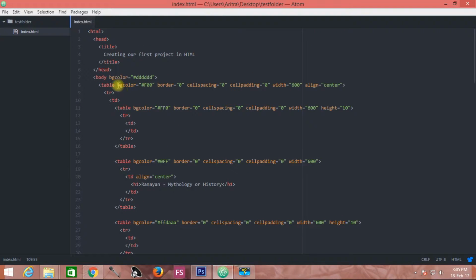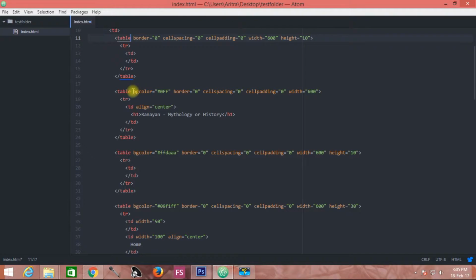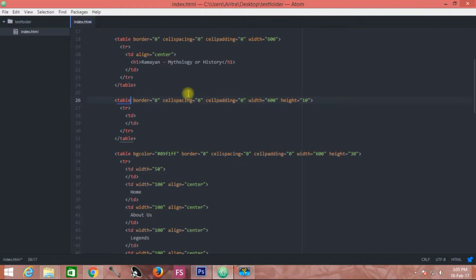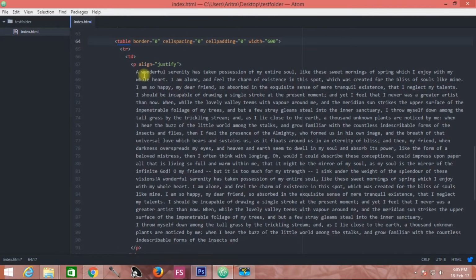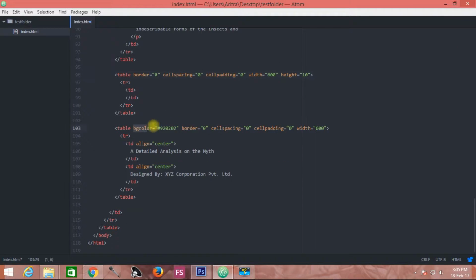I am removing each and every BG color property, and then I will be doing some necessary amendments. So I have removed all these BG color properties from each and every table present in this particular project.